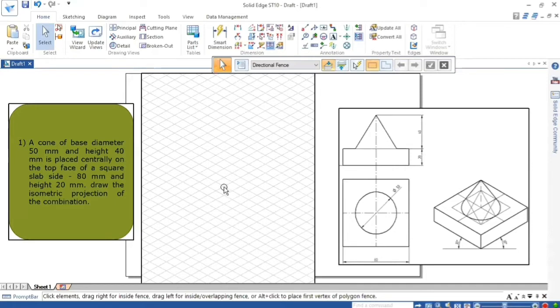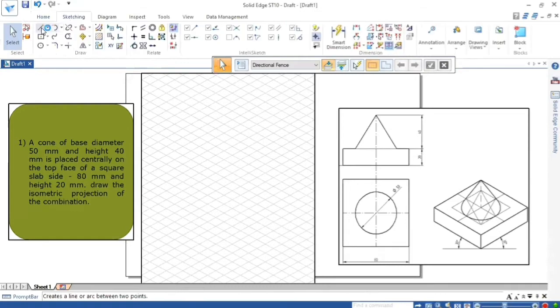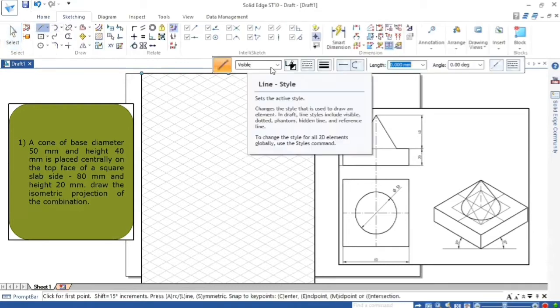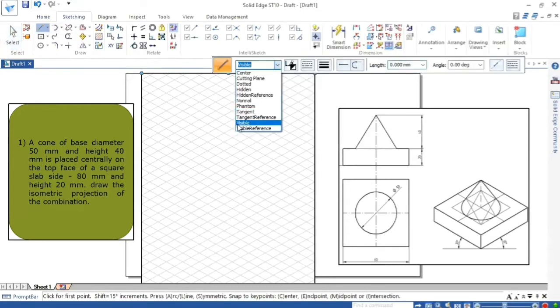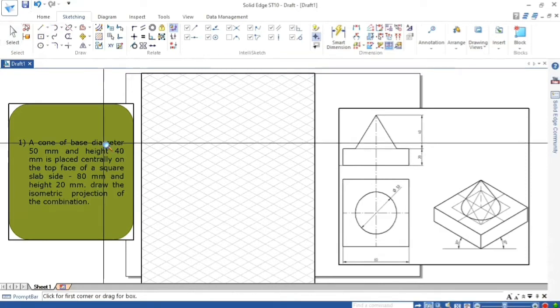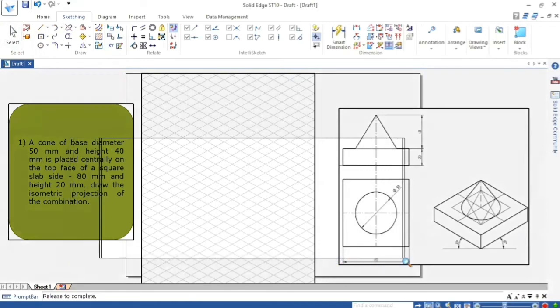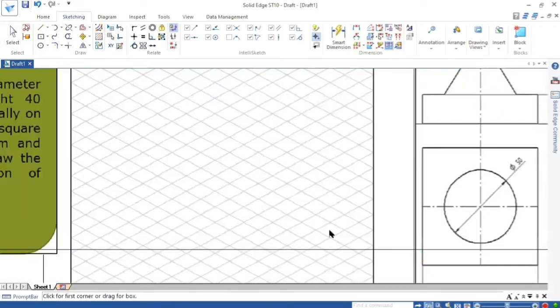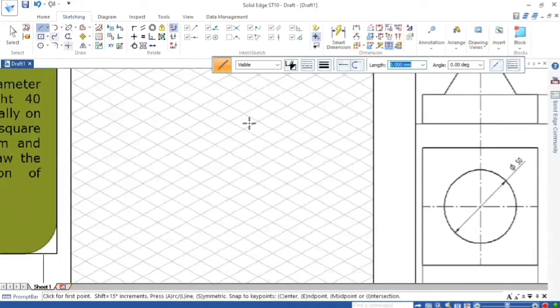In the ISO sheet, first you have to take a square slab of side 80 mm. First you construct the base of the square slab. Take your normal scale and pencil, go to the line command.